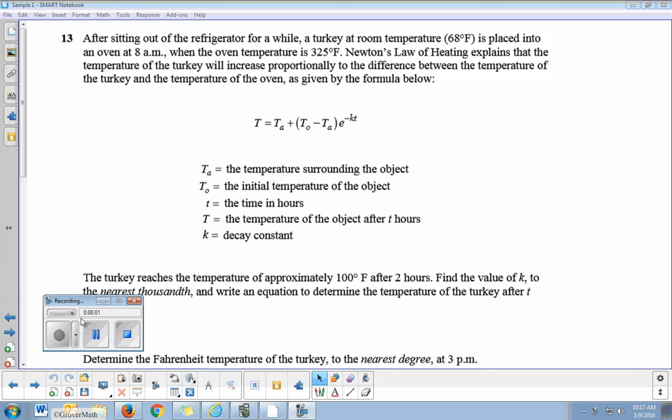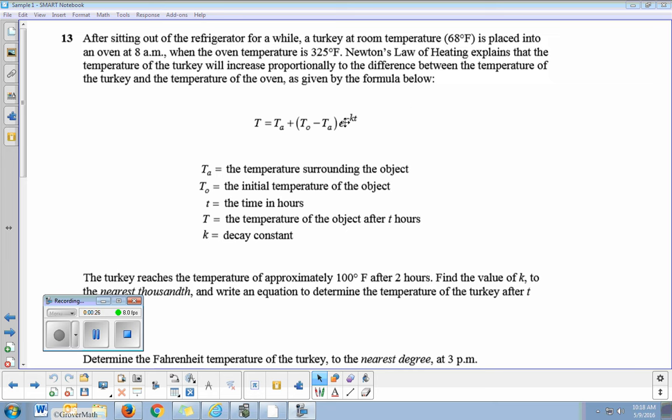Algebra 2 state sample question number 13. After sitting out of the refrigerator for a while, a turkey at room temperature, 68 degrees Fahrenheit, is placed into an oven at 8 p.m. When the oven temperature is 325 degrees Fahrenheit, Newton's law of heating explains that the temperature of the turkey will increase proportionally to the difference between the temperature of the turkey and the temperature of the oven as given by